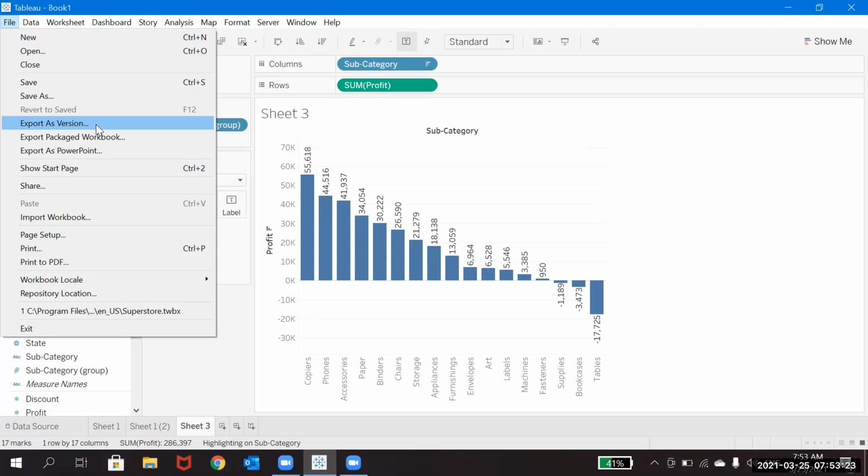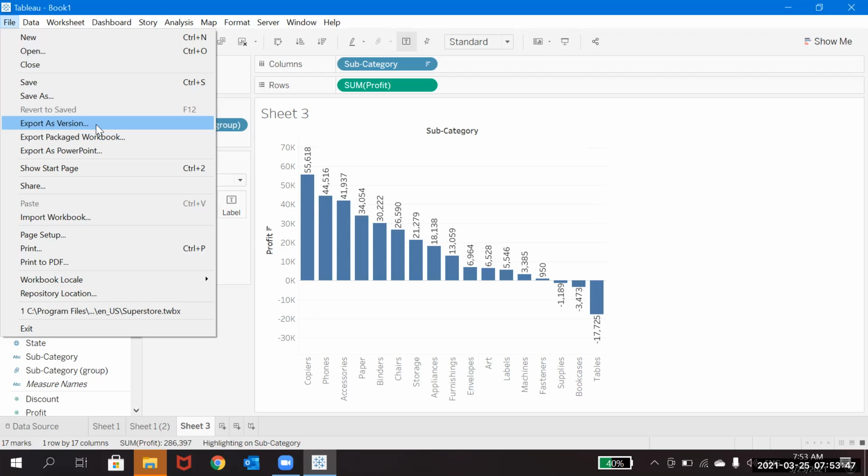Okay, let's say you are using the latest version, right now maybe 2020.4. Let's say one of your colleagues or friends is using some different version, which is lower than yours.